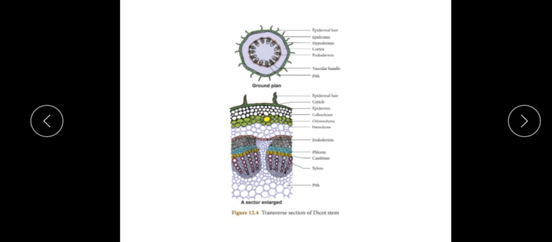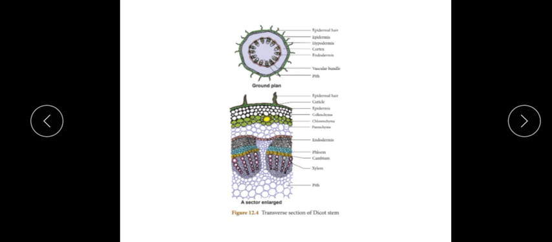Here multicellular hairs are absent. Some young plants, for example lady's finger and tomato, have hair-like structures. Most of the plants lack these hair-like structures, so in general they give the term as lacking in multicellular hairs. And stomata are also less in number. Since stomata are less, exchange of gases will not take place in the stem. It takes place only in the leaf. Bear that in mind. When we come to the leaf, we will talk about that more.